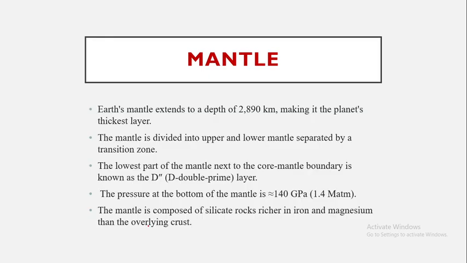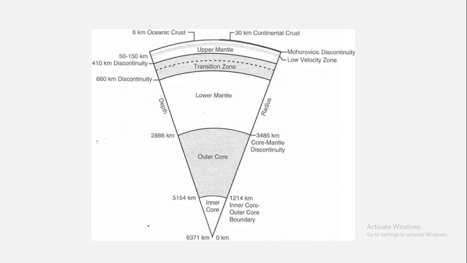Now, in the image you can see the oceanic crust that we have described, then the continental crust region also. Then you see there is a boundary which separates them. Everything is clearly depicted here. There is a boundary which separates the crust portion and the mantle portion, that is the Mohorovicic discontinuity. That is what we have discussed so far.